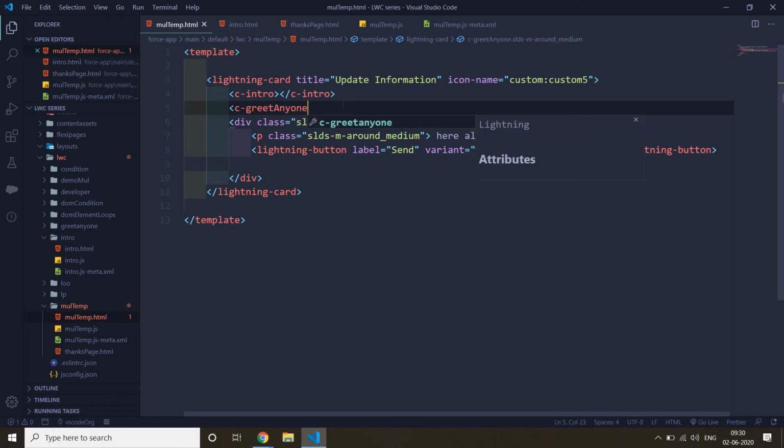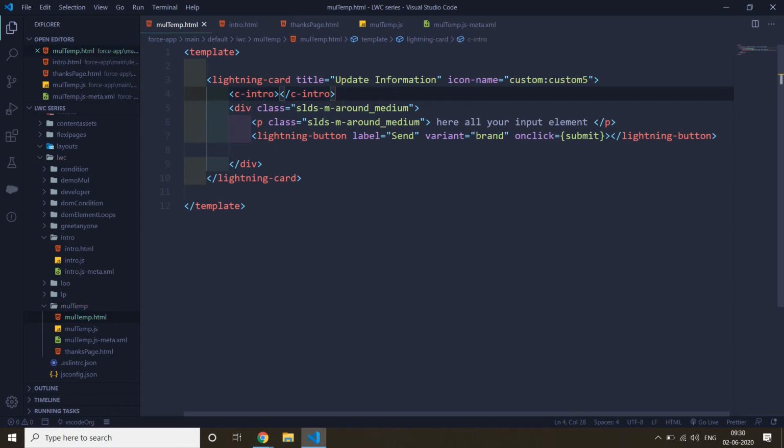In camel case, your component name looks like this. To convert camel case into kebab case, instead of a capital letter put a small letter and separate with a dash. This dash-separated name is also called kebab case. When you use it in the template, you need to use kebab case instead of camel case. So that's it, the connection of child component and parent component is completely done.